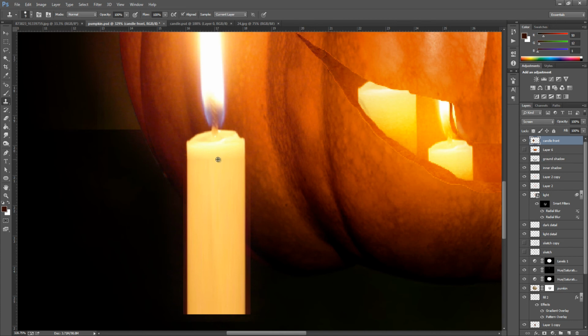So Alt on your keyboard or Option, hold it down, find an area. We're going to do the top bit first, so click the top bit so it's light, and then we're just going to drag downwards, so just keep going.